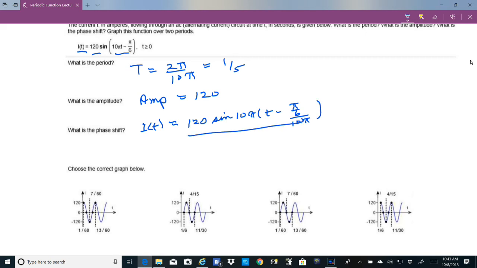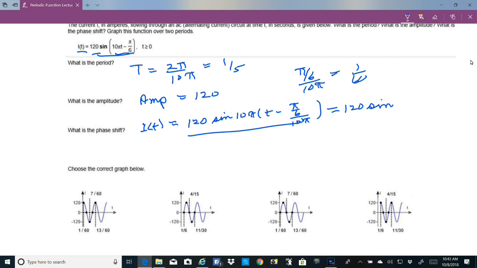Notice that this is still the same as this. We just factored 10 pi out so that we could see what the phase shift is. And pi over 6 divided by 10 pi is equal to 1/60th. So we get 120